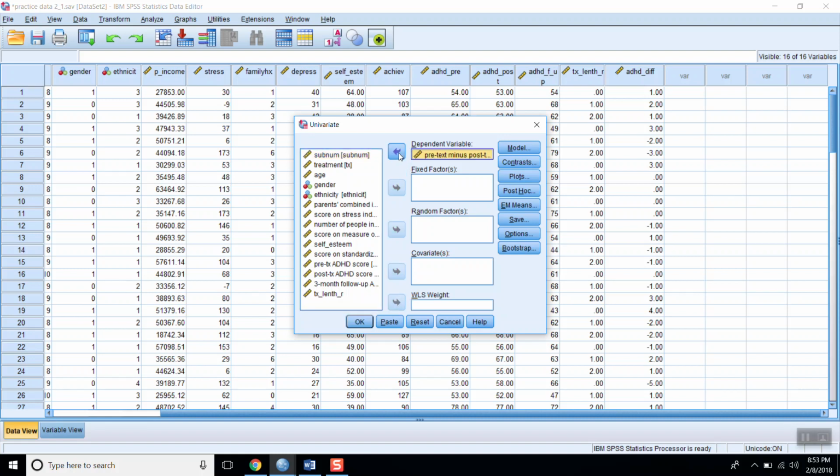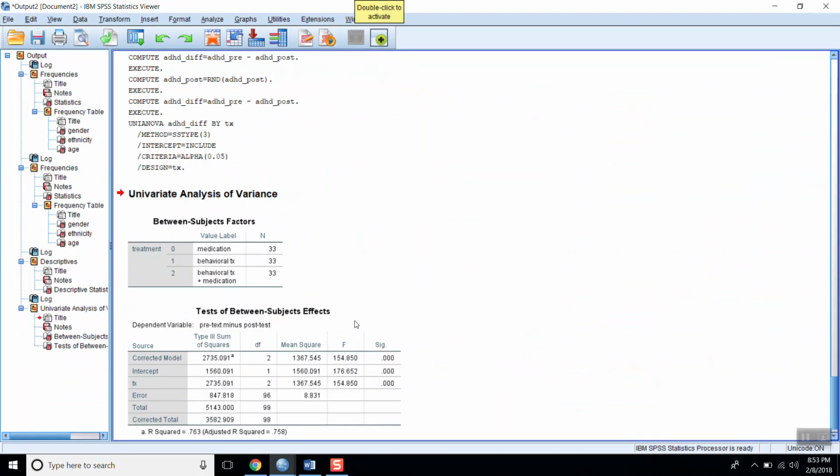That's my dependent variable. What does fixed factor mean? Independent variable. And what's my independent variable? Treatment. And press OK. Okay, so